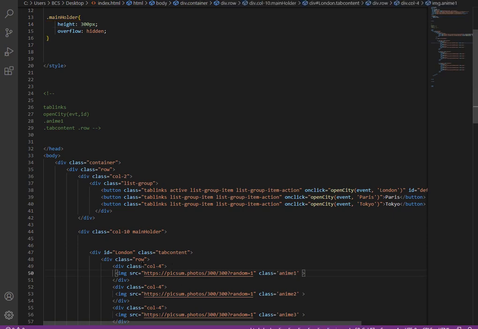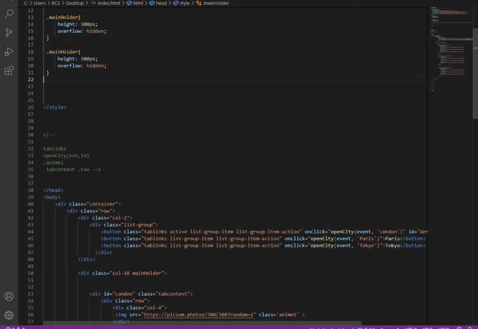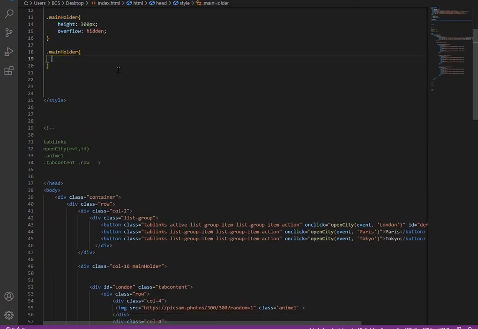And on the row, select the row. Here we have main header, then we have tab content, and then we have a row.